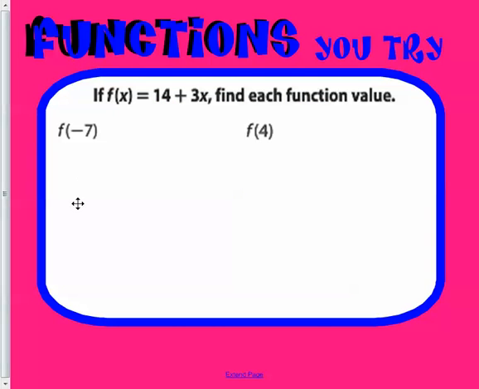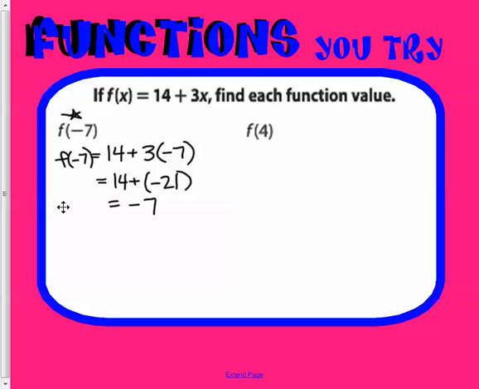Let's look at some more examples. For this one, if you have the f of x equals 14 plus 3x, find the value. We want to plug in a negative 7. So the way we write this is 14 plus 3 times a negative 7 equals my f of negative 7, or my f of x. So if we do this one, 14 plus a negative 21 gives me a negative 7. So f of x equals negative 7. If we look at this one,